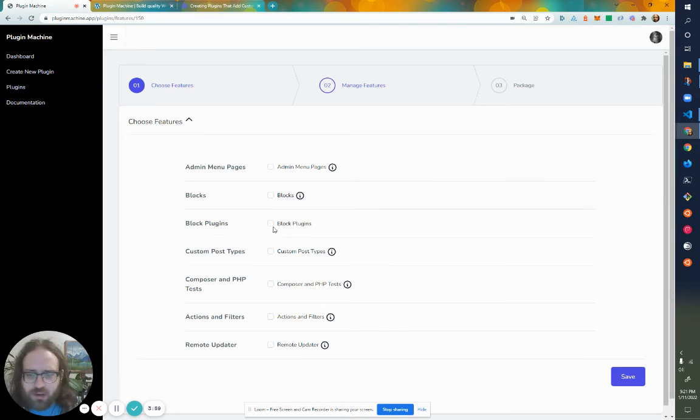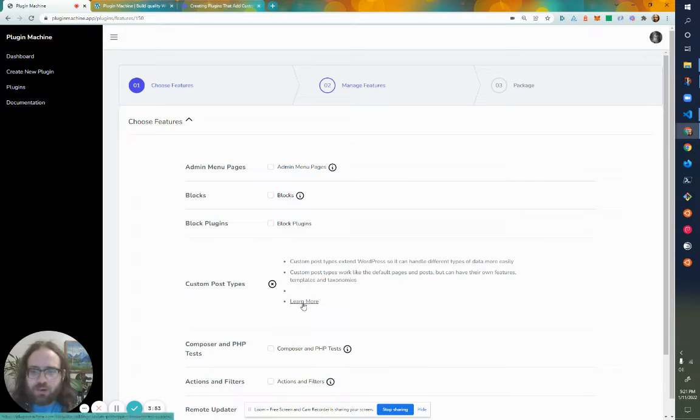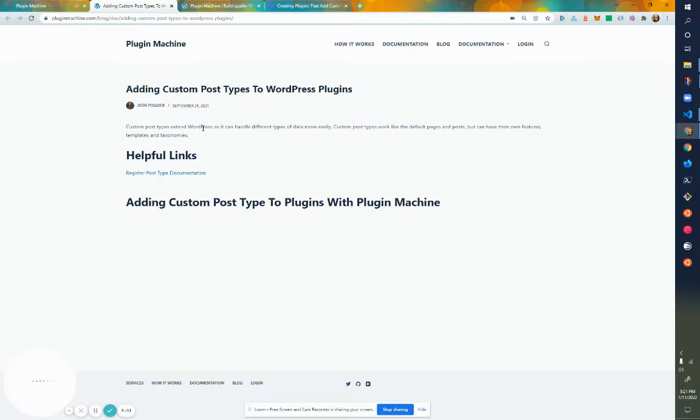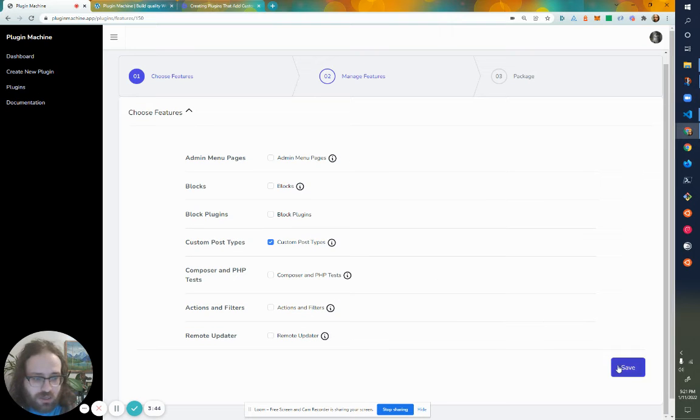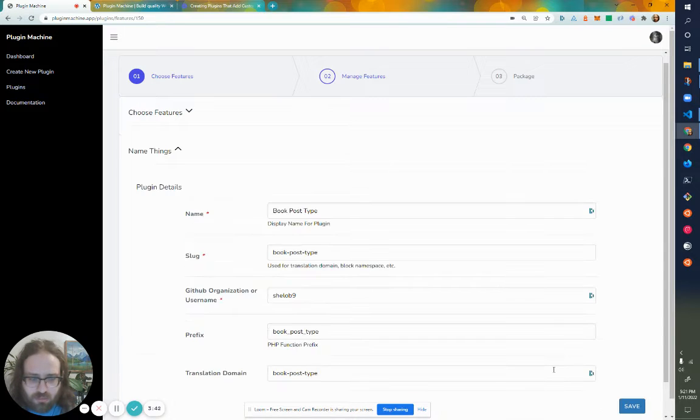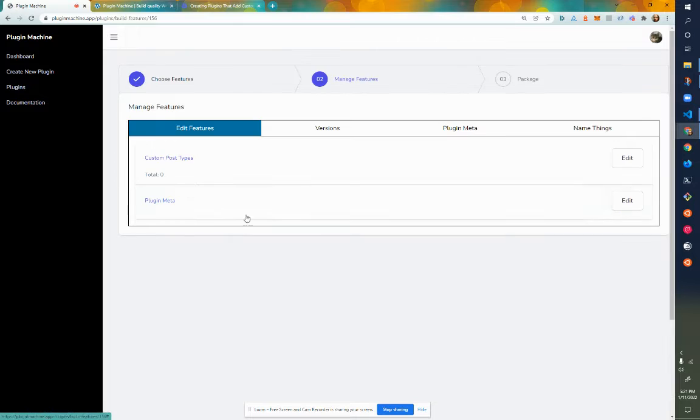And the features that I want to choose are the custom post types. By the way, there's this button here to get a little bit more information, and then a link out to our documentation that I'm working on. Hit save, confirm this stuff, and then